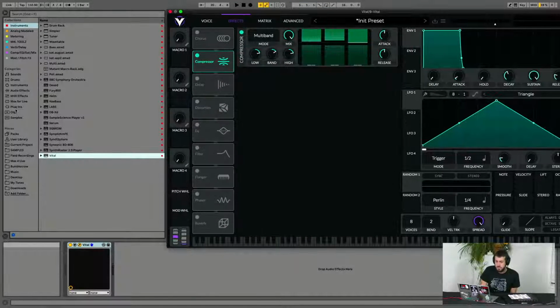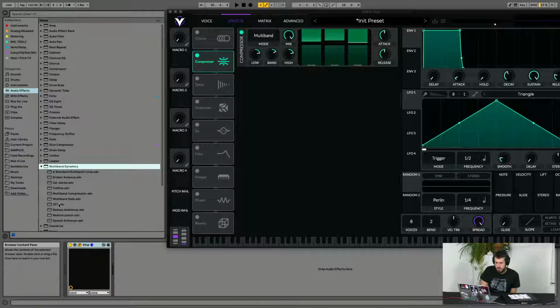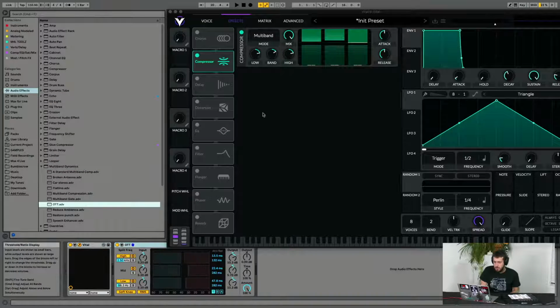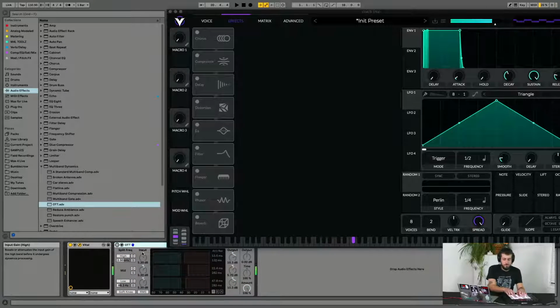Okay, brief story of the OTT. OTT is a preset in Ableton. It is a preset of the multiband dynamics effect, this one right here. And it sounds like this. Here it is off, and with it on,